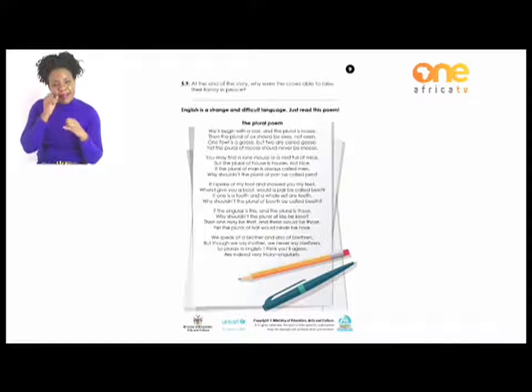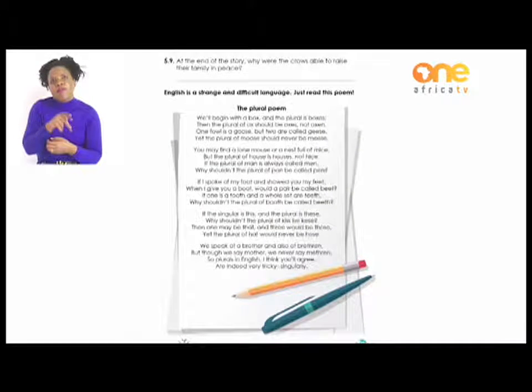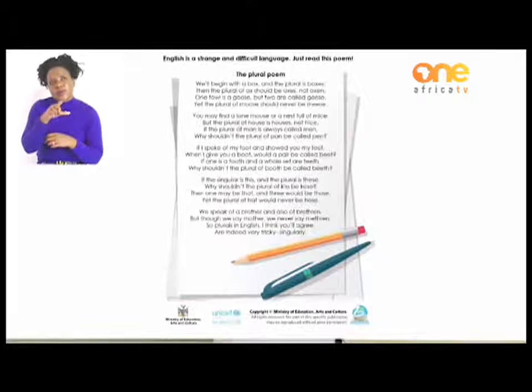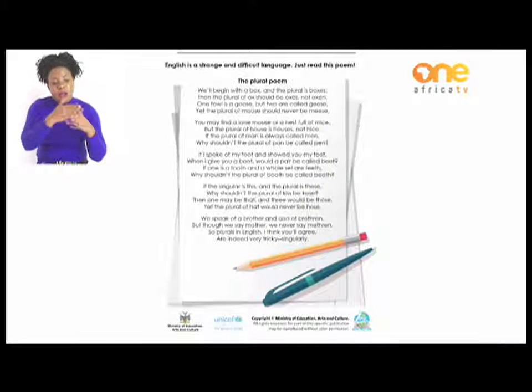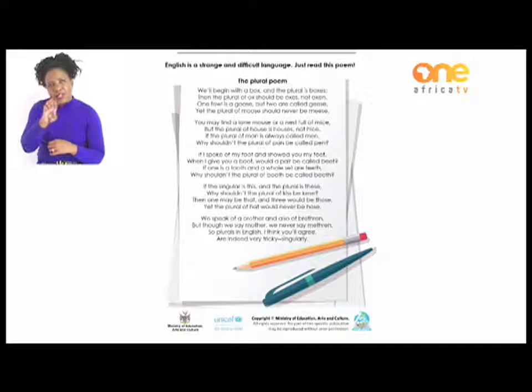The last part of our lesson is just a funny plural poem. We'll begin with a box, and the plural is boxes. Then the plural of ox should be oxes, not oxen. One fowl is a goose, but 2 are called geese. Yet the plural of moose should never be meese. You may find a lone mouse or a nest full of mice, but the plural of house is houses, not